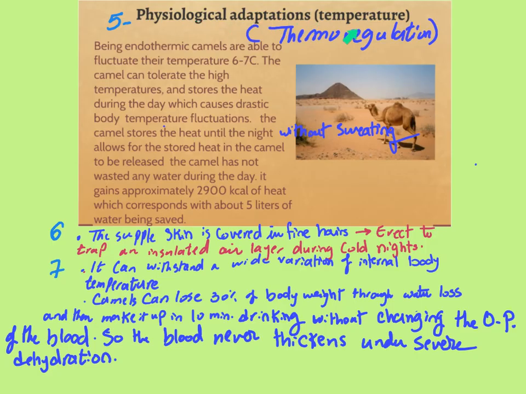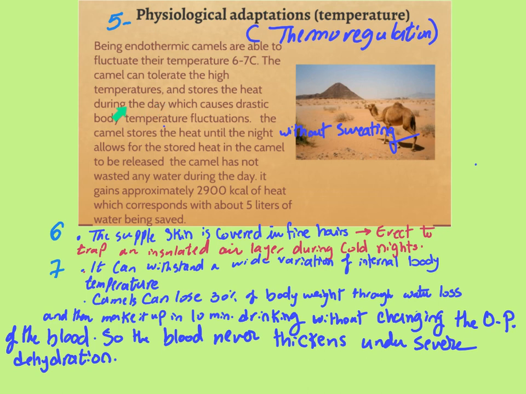Camel had another form of physiological adaptation to temperature change, which we call thermoregulation. The animal, being an endothermic animal, is able to fluctuate its body temperature by 6 to 7 degrees, unlike any other mammal. In any other mammal, just 1 or 2 degrees high or low in body temperature will affect its metabolic activities, including humans, while the camel can tolerate a fluctuation of body temperature of 6 to 7 degrees